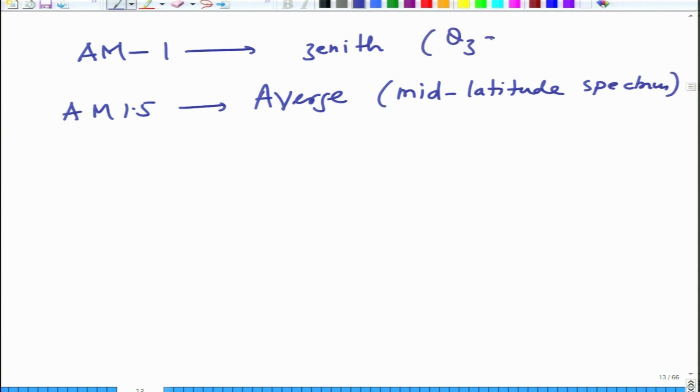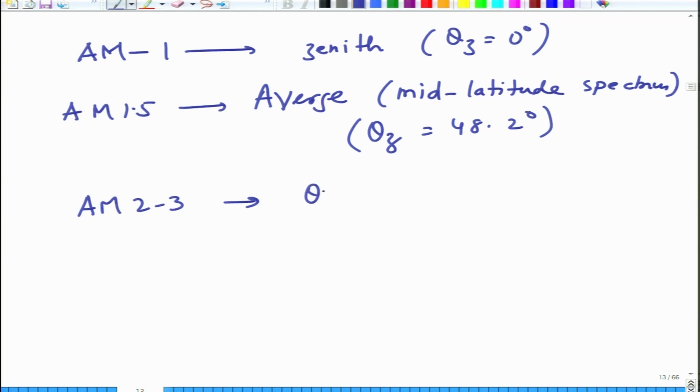So, this means theta z is equal to 0. Okay. This means theta z is equal to nearly 48.2 degree, AM 1.5. AM 2 to 3 is about theta. So, AM 2 is about, you can see that cos theta will be equal to, for 60 degrees, which means it will be equal to 1 by 2. So, AM will be 2, so 60 degrees, not percentage, I am sorry. So, it will be 60 degrees, whereas AM 3 would be at about 70 degrees, okay,